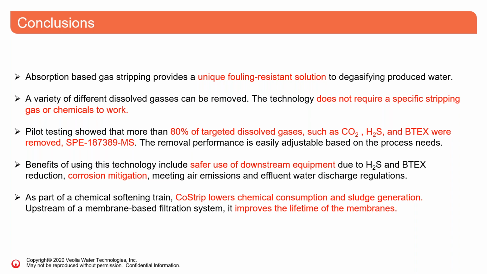Also note that other than adjusting the pH, CoStrip does not require any other chemicals for it to work. Various pilot studies done show an average about 80% removal of targeted dissolved gases. This removal efficiency obviously can be adjusted by increasing or decreasing temperature, gas flow rate, and pH. But ultimately, the important thing is that the removal efficiency is driven by the need of the client and the